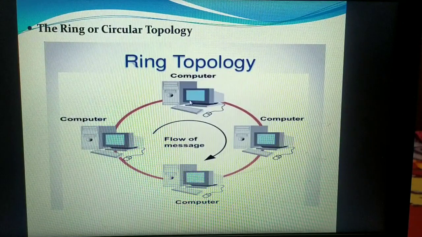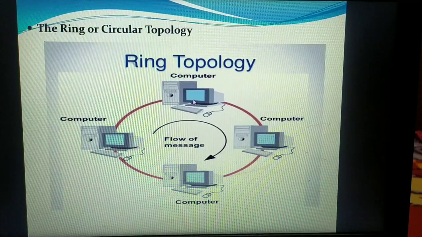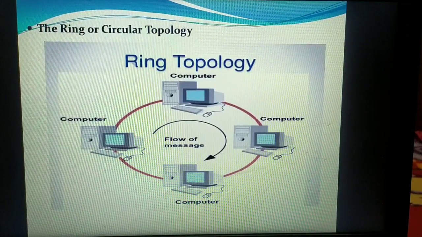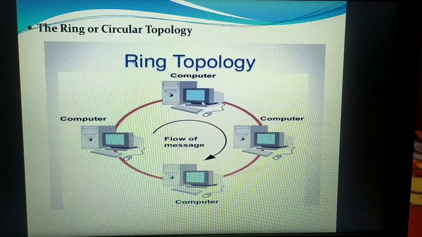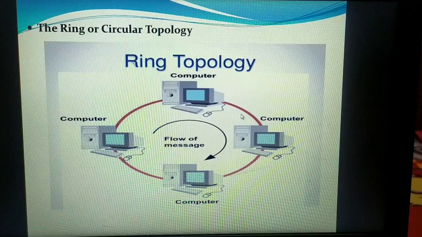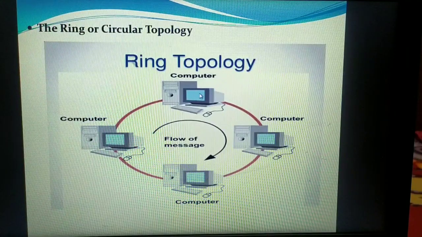Now this node will send a data packet. The data packet consists of some amount of bits to be sent, and it also carries the source IP address and the destination IP address. Now the sender sends the data packet. The data packet has to pass through this cable. The cable can be coaxial cable or fiber optics. I'll tell you later why fiber optics is used. Your data packet passes through this cable and reaches the next neighboring node.